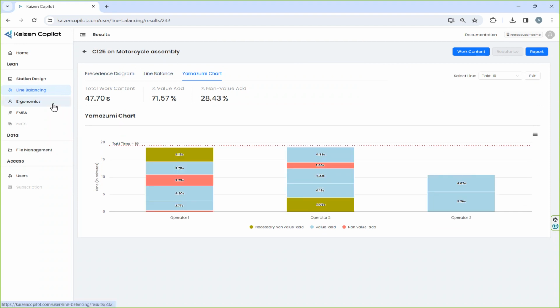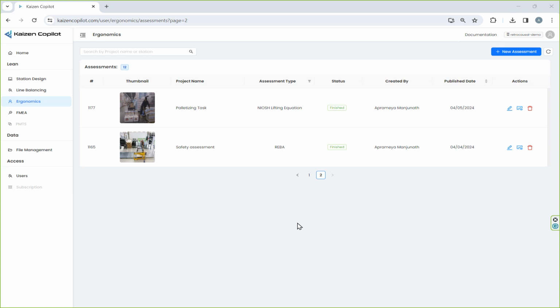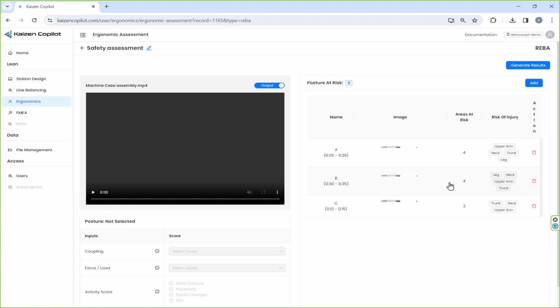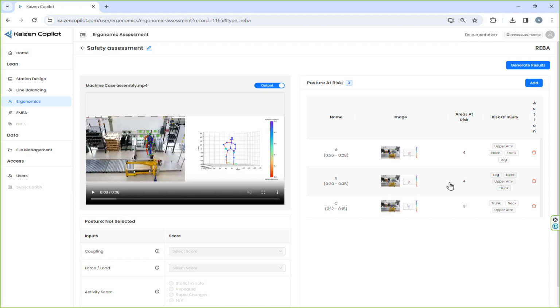And next, we have ergonomics. Kaizen Copilot's ergonomic module utilizes state-of-the-art computer vision technology to analyze video footage and identifies ergonomic risk intervals. From body postures to repetitive hand ergonomics, Kaizen Copilot identifies potential risks and provides actionable insights to mitigate and improve